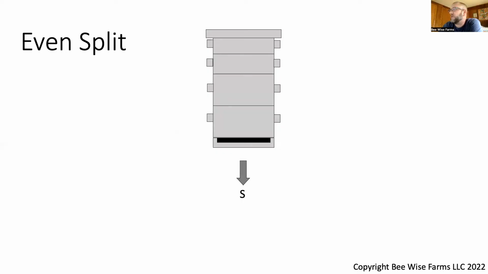Basically, what we have here in this image is a hive that has 2 deeps and 2 mediums on it that came through the winter. So you've got a lot of bees in this thing. Your bees are out flying around doing their thing. You're going to basically split this into 2 different directions. We were facing south initially with the donor hive. Now we are going to split that into 2 colonies, and we're going to face them against one another in a different fashion than facing south. We're going to face them east and west. So we build our colonies